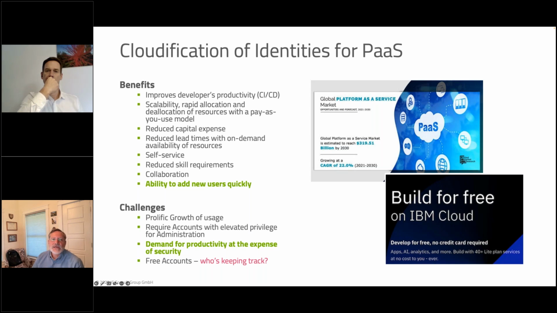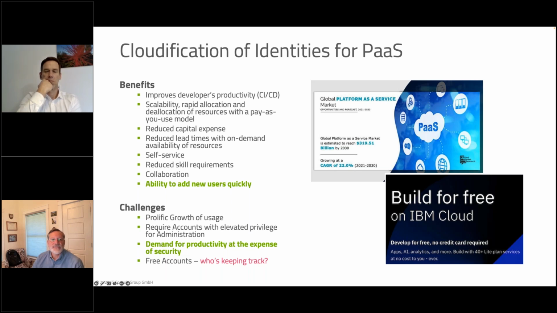Platform as a service is also very beneficial, and a lot of us are using it, including IC Consult. And it gives us the ability to expand quickly or shut down things quickly. So it's very dynamic. The skill set within your IT department is actually reduced when you're using platform as a service, so it becomes very convenient.